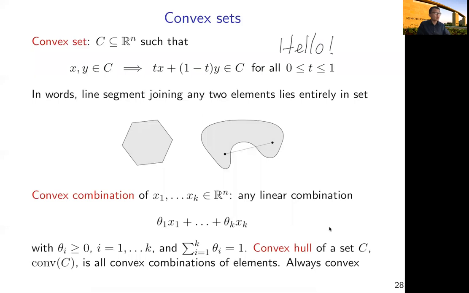First of all, the last part of the last lecture was on convex sets. So again, the definition of a convex set: think about it as a geometric body such that if you connect any two points inside this set,